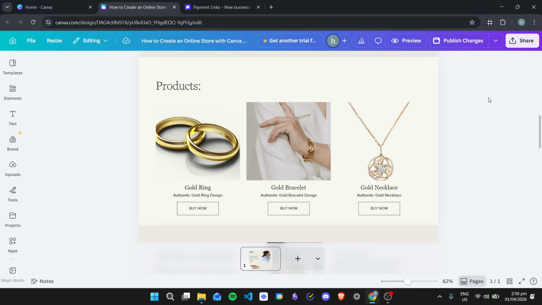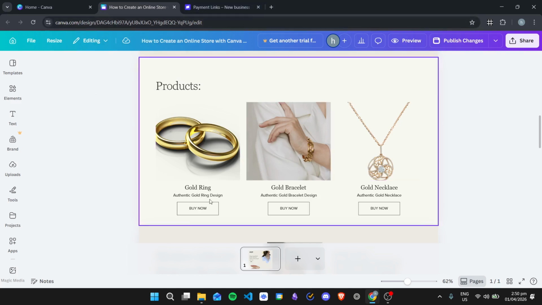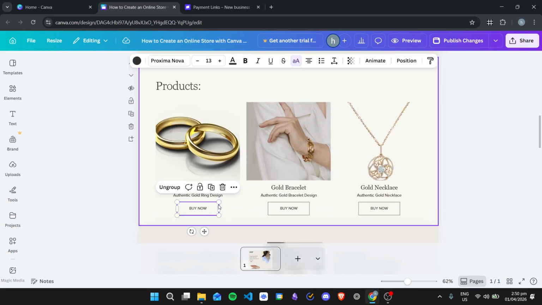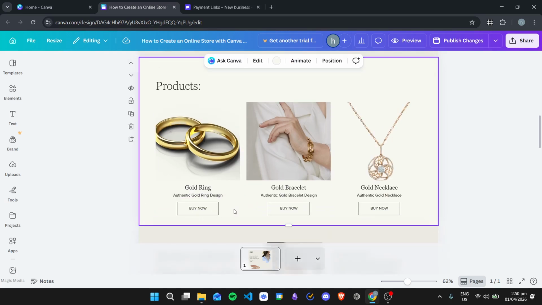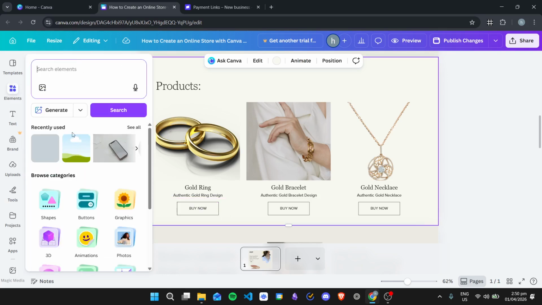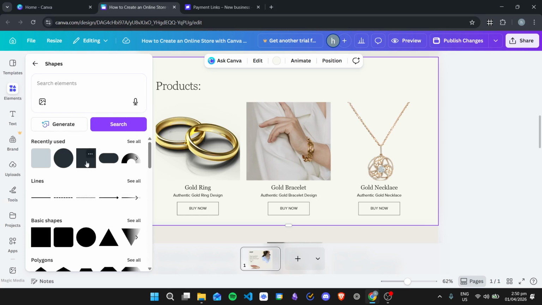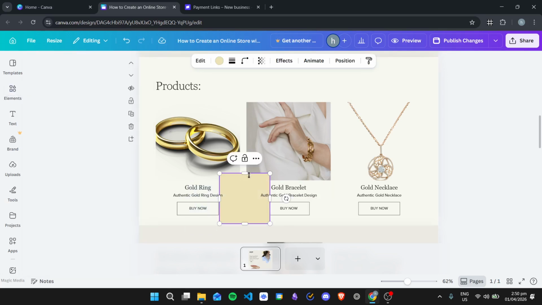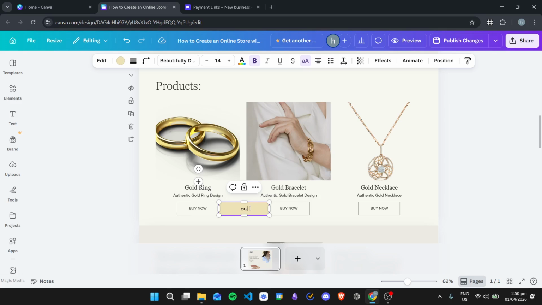Then we just need to put in our link inside of a button. So I already have a button right here. So sometimes in templates, you already have this, but if you don't have like a button yet, and if you're wondering how you can create it, you can just go right here to elements, then just use like a certain shape. So for example, let's go to shapes, and then I will use this standard square shape right here. Then I can just simply type here, buy now,